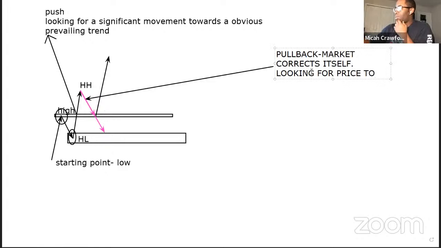So we're looking for price, pullback, market corrects itself, looking for price to retest the previous high or higher low. All right. Once you see that push, pull back,